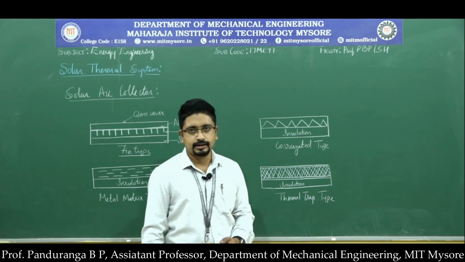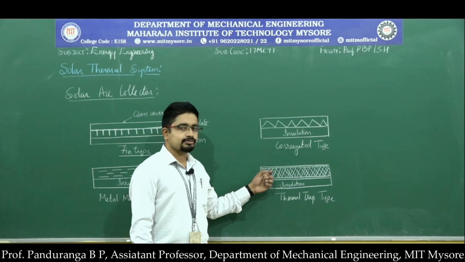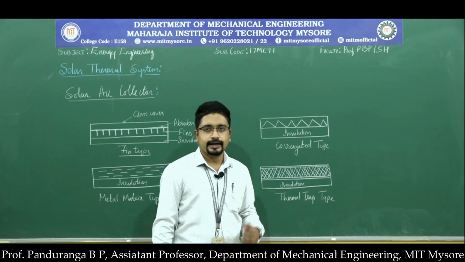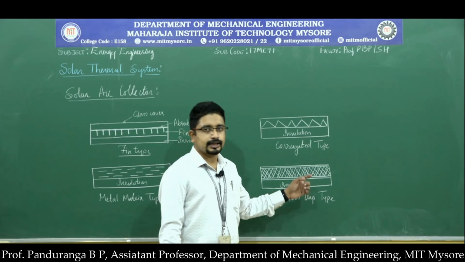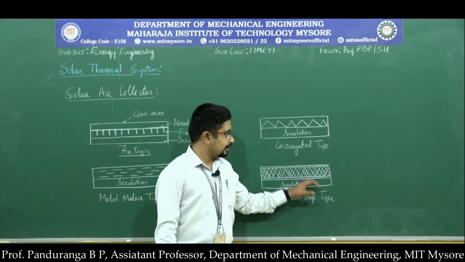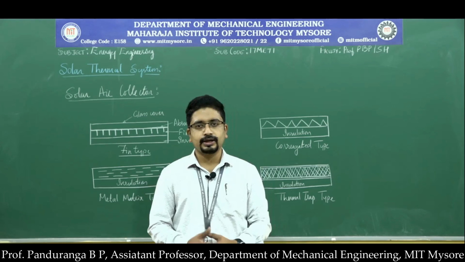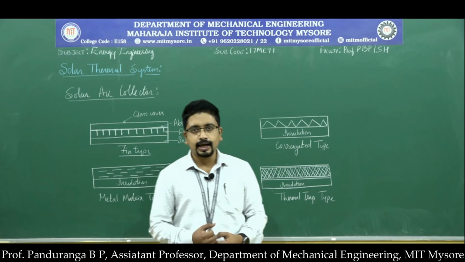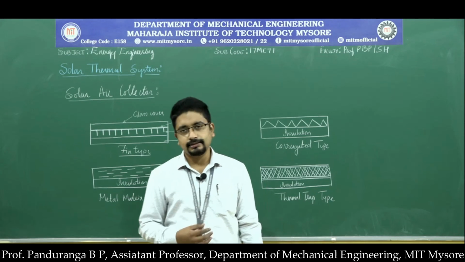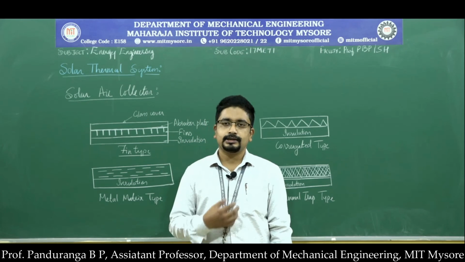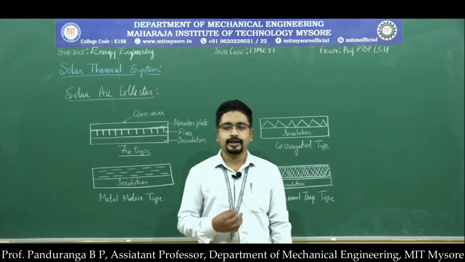We have a porous material which absorbs heat energy and stores it, and the air is made to flow through the porous material. As it flows through the porous material, it absorbs the heat energy stored by the material. So in all these variations, what we do is we find one way or another to store heat energy and to absorb heat energy, and then that will be transferred to the air which is flowing through the passage. So these are a few variations of the solar air collector or solar air heater.